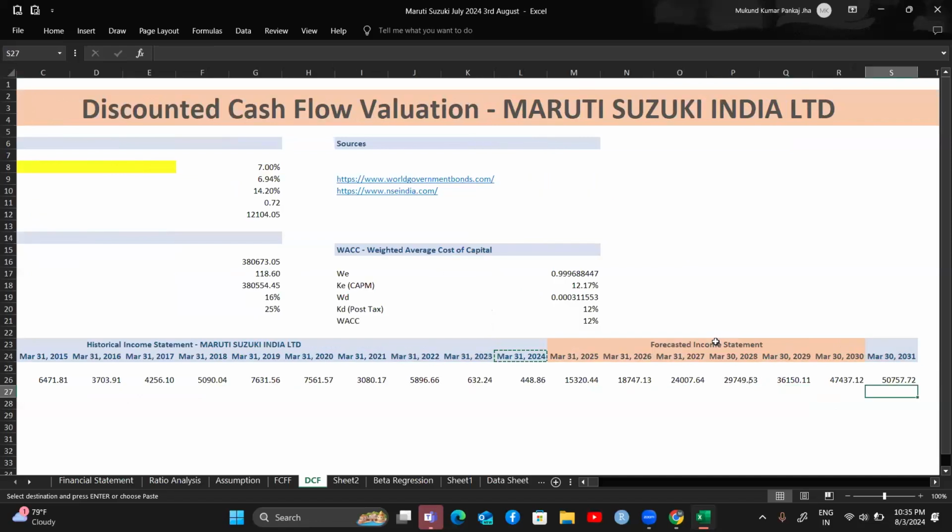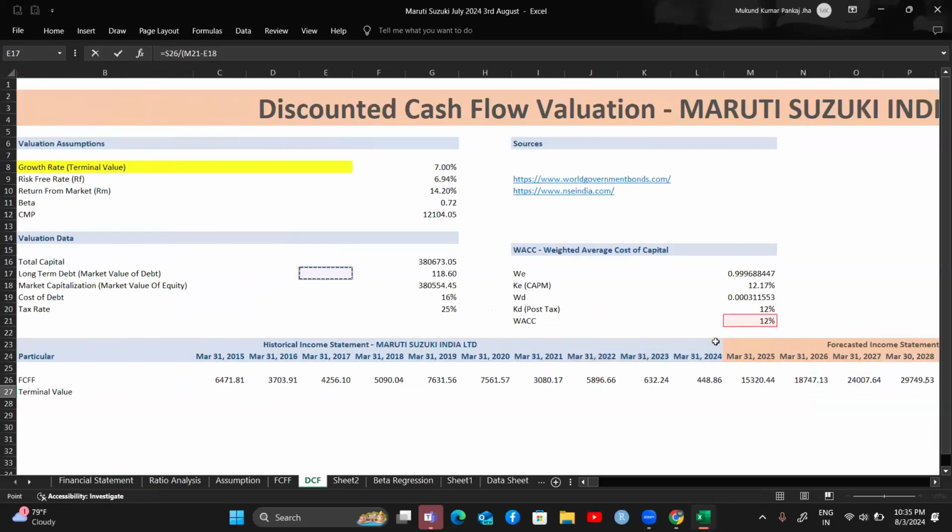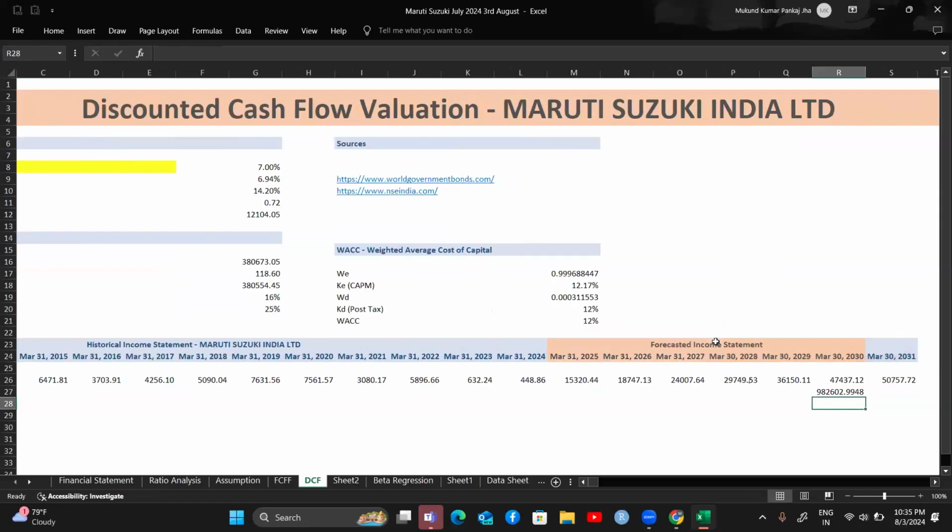This will be my terminal value, equal to the next year's FCFF divided by WACC minus growth rate. Why WACC minus growth rate? Because if I want a 12% return, if the cost of capital is 12% for the firm, 7% has already been contributed by